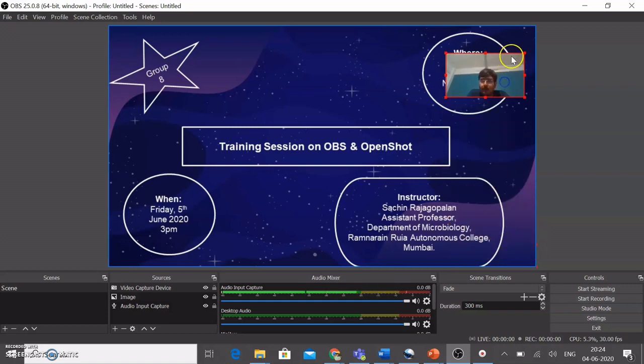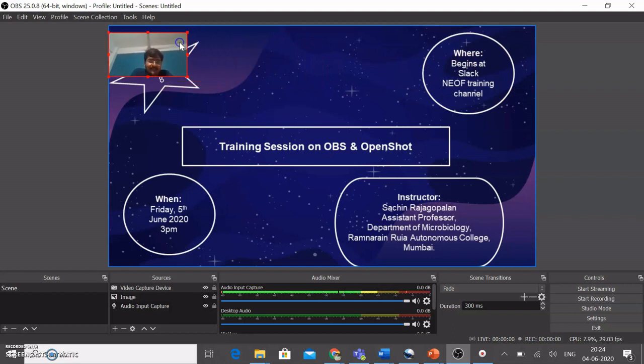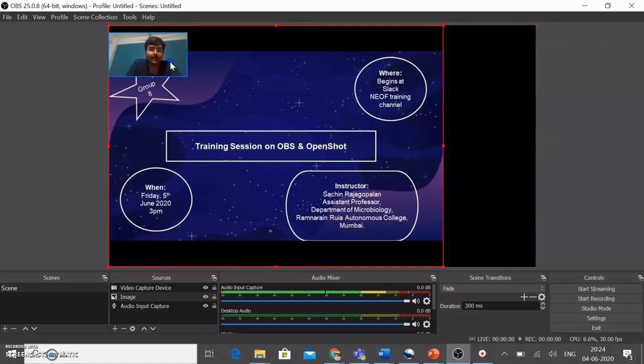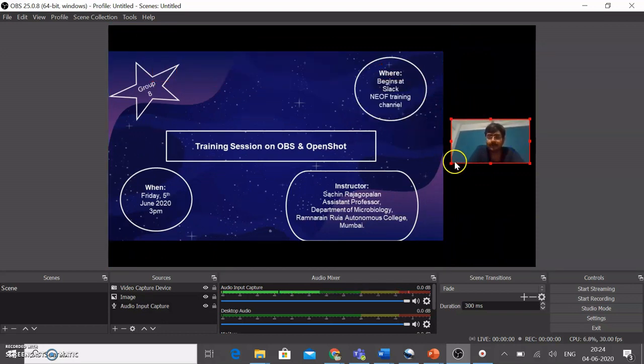That could be below, that could be above, wherever there is space in your presentation. Or the other thing that you could do is resize your image. So when you resize your image, you can then place your video somewhere at the side and then you can start recording so that it's not overlapping with your screen and also your video is visible at the side.